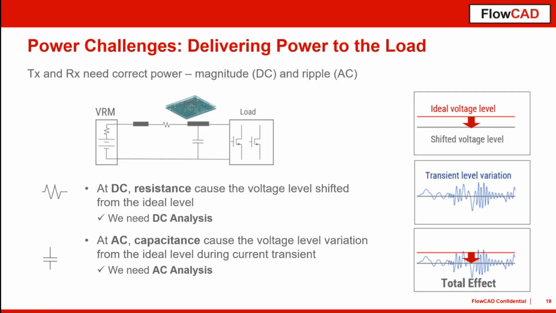That means we can do a so-called DCIR drop analysis that calculates the voltage drop from the voltage source, the voltage regulator module, VRM, down to your sinks. That means to the loads. And because of these resistive effects, we get a voltage drop, and that maybe also can have the effect that shifts your voltage level lower than an allowed level for your